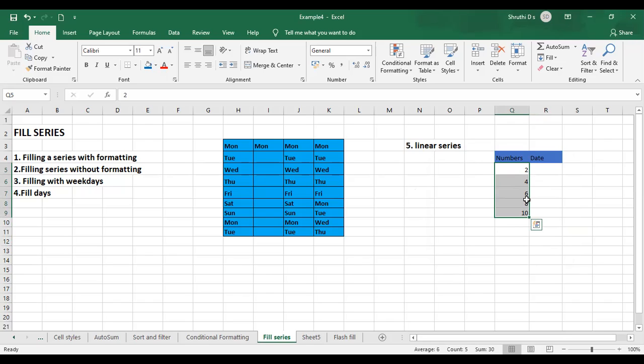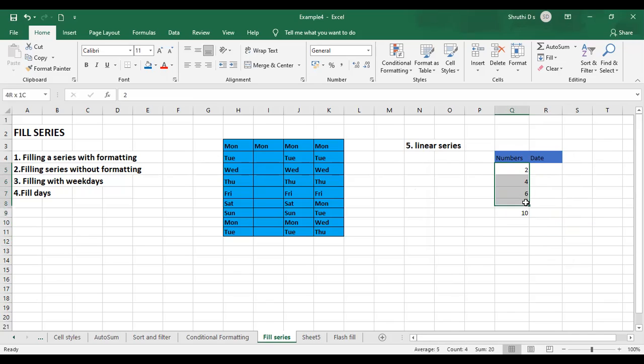Step value, what it has done, it has skipped a number, that particular number over here, right? 3 is skipped, so it steps into the next number. After 4, it is going to skip one number and go to the next number. Like that, the step value means how many values you have to skip. That is told from the step value option.